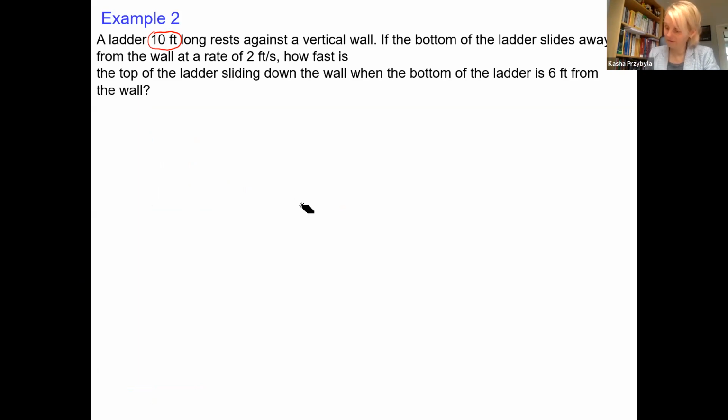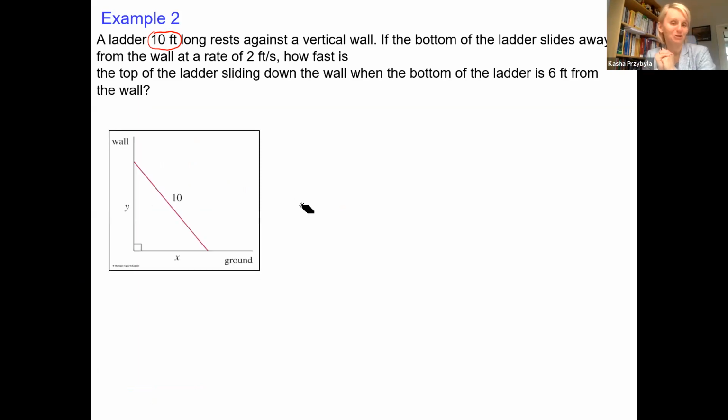Do I have the picture? Yes, I have a nice picture. Okay, X, Y, and 10. We can use 10. That means 2 feet per second. Can you tell me what this is with respect to our labels? It's the rate of change of X or Y. If the bottom of the ladder slides away from the wall at the rate 2 feet per second, is,